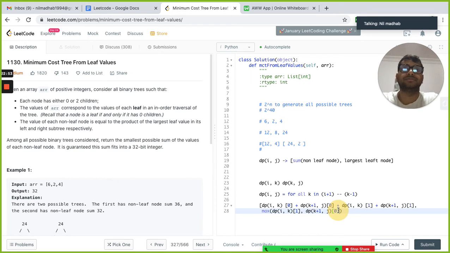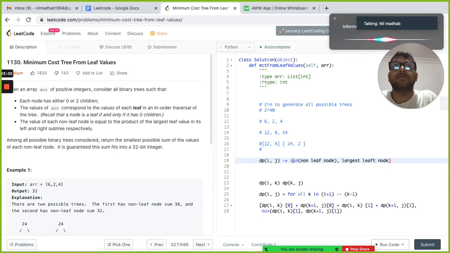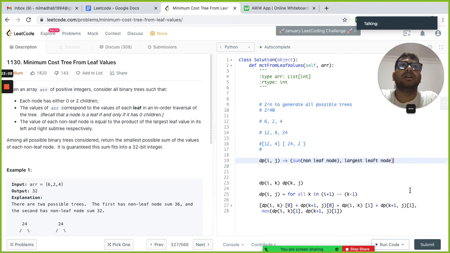Does it make sense? Okay, I'm explaining once again. dp of ij will contain two pieces of information. One will be the sum of non-leaf nodes and one will be the largest leaf node. Suppose it's like a map from ij to this. So now the question is, how can we make ij from ik and kj? So for all k in the range of i plus 1 to j minus 1,